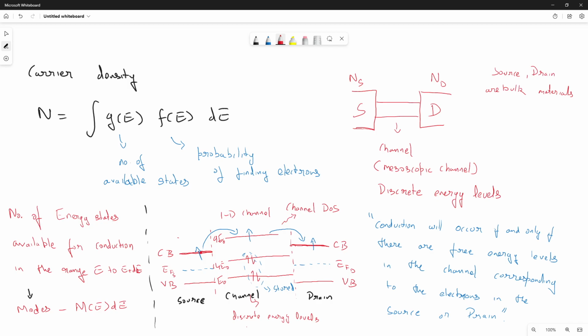So you will see what the derivation of the modes are. And since the modes is directly connected to the number of the energy states in the channel, which is described by the channel density of states, of course, the modes will also be a function of the density of states. And therefore, you will see what happens in the case of a 1D channel, 2D channel, 3D channel, what kind of an energy dependence the modes will have in the case of the density of states. So the last thing we are going to discuss is the chemical potential.